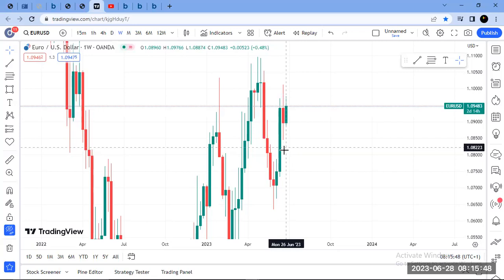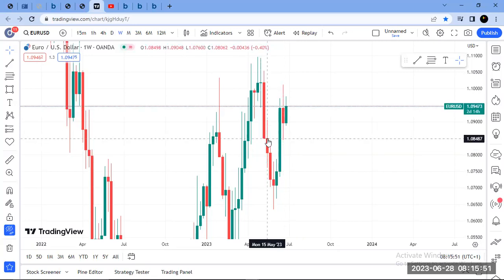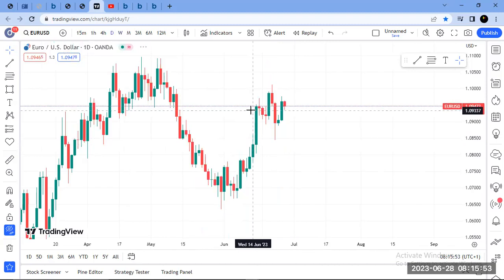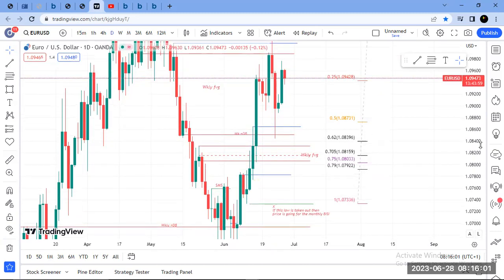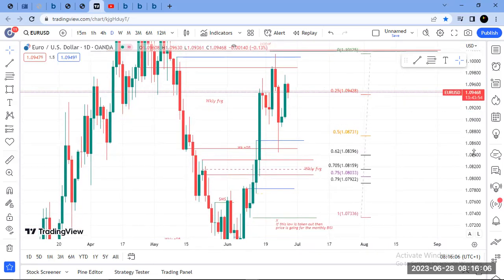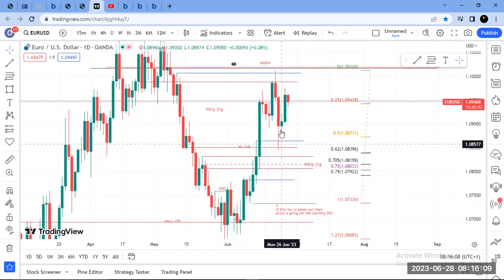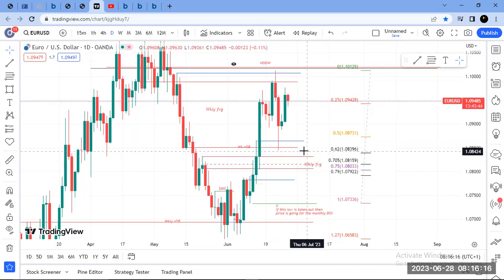So this is a weekly fair value gap. This is the bullish order block. The market went to fill and close a daily fair value gap and returned into that weekly bullish order block like we have here. Look at it here. So it's still below the 50% of the current range we are working with. It's still below 50% of it. So almost close to 60% retracement. So what are we to naturally expect right now?